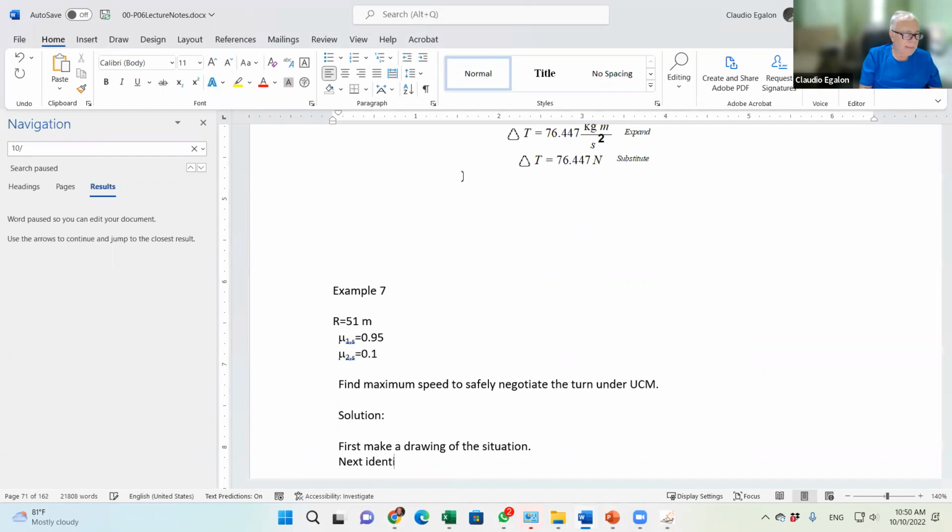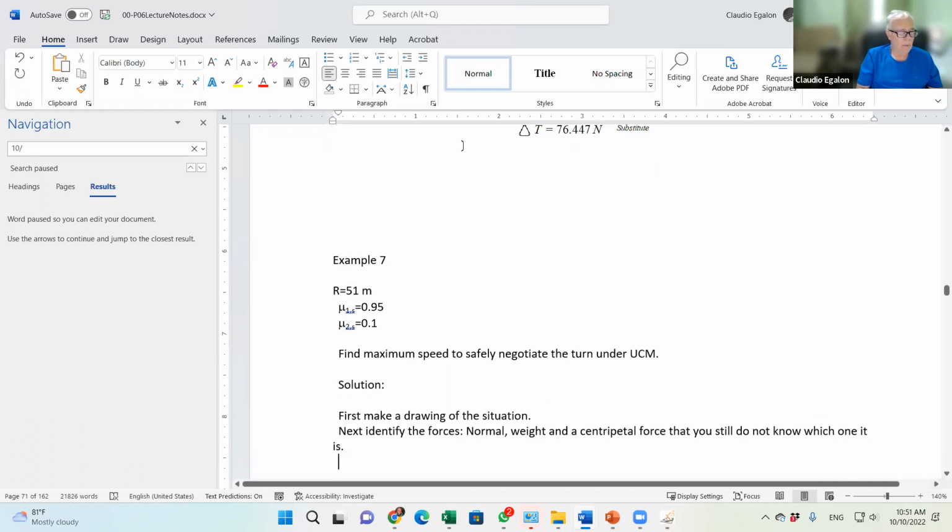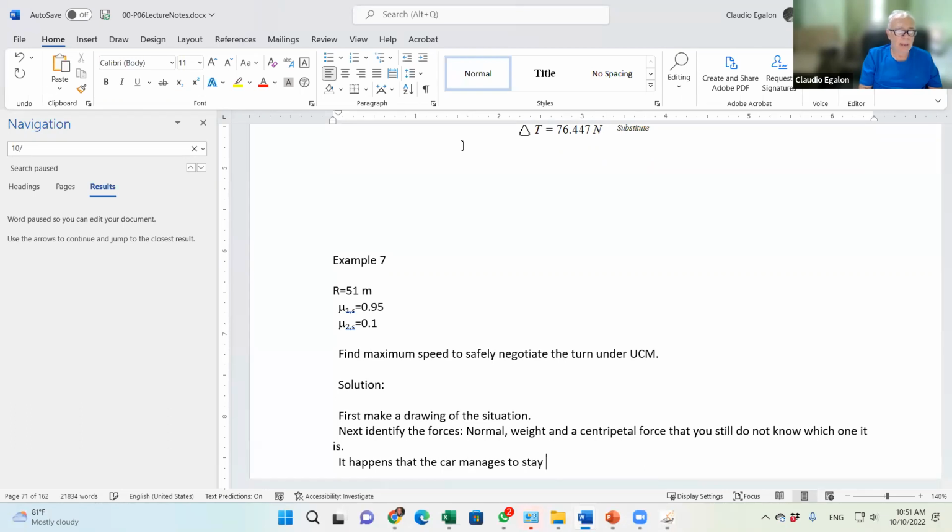Next, identify the forces: normal, weight, and a centripetal force that you should not know which one it is. It happens that the car manages to stay moving in a circle